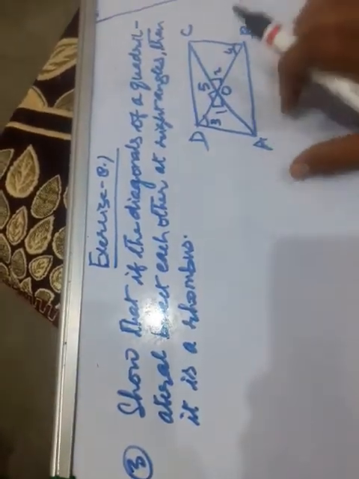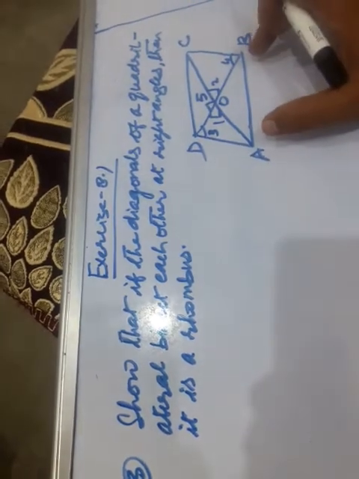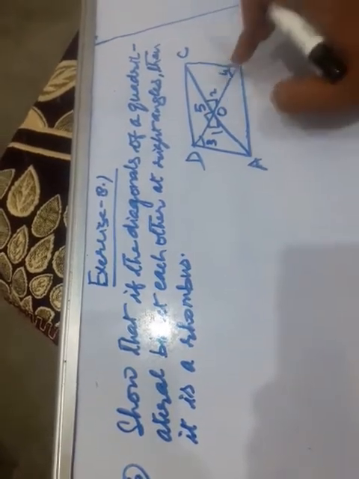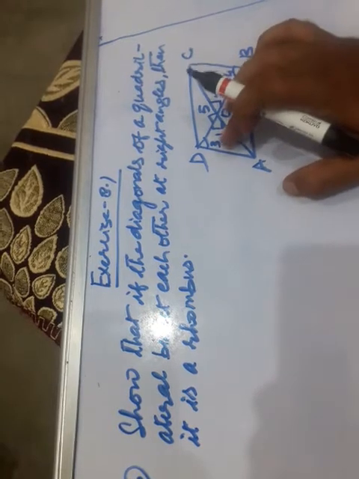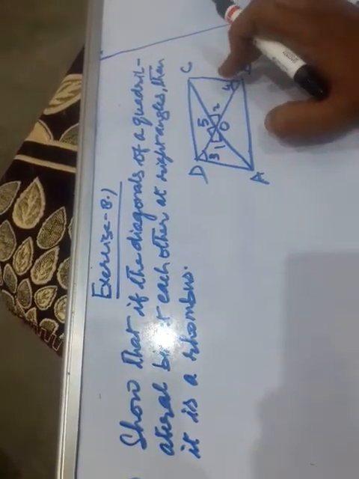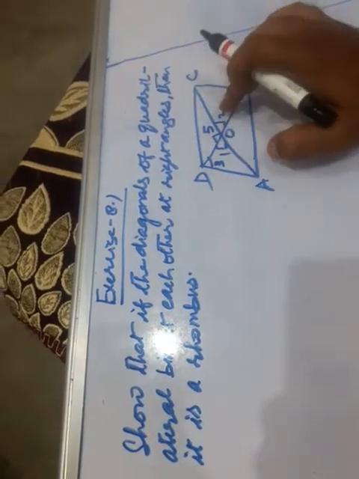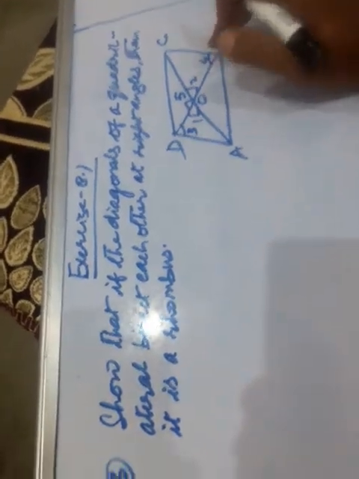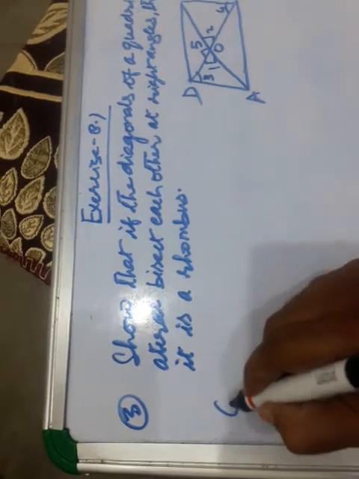This is the figure. It is given ABCD is a quadrilateral. Here, for the convenience of writing, proving and understanding it nicely, we have given the names: this is angle 1, angle 2, angle 3, angle 4. Okay, children, what is given? Let us see. What is given?